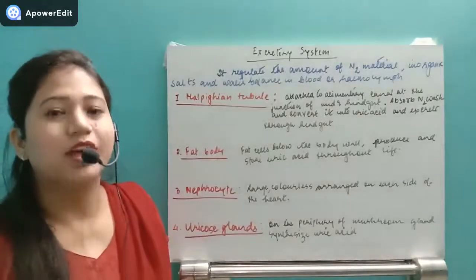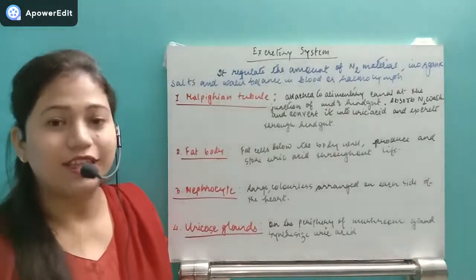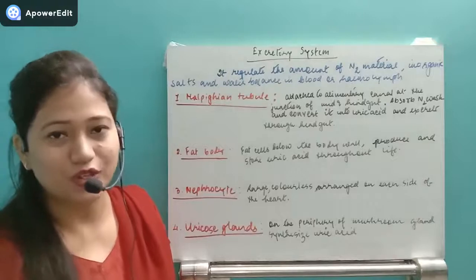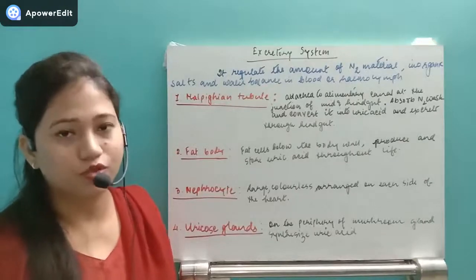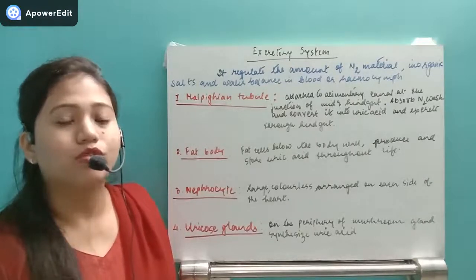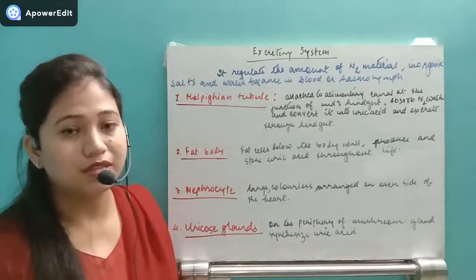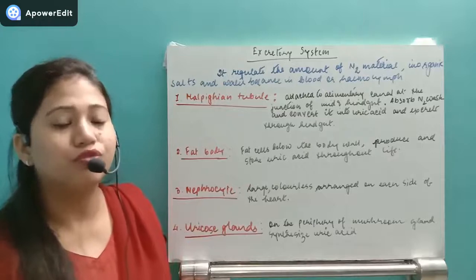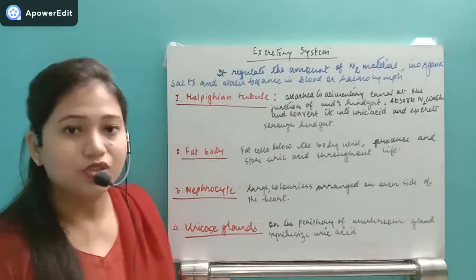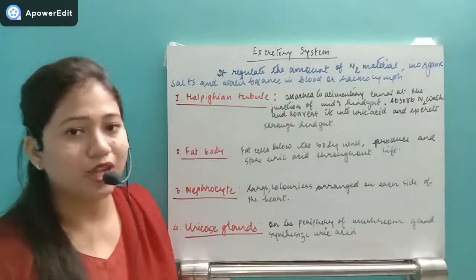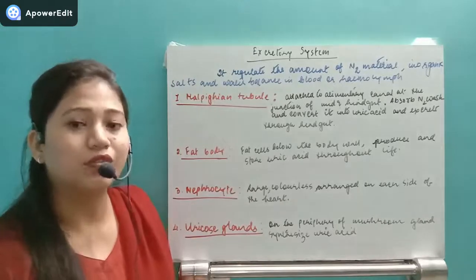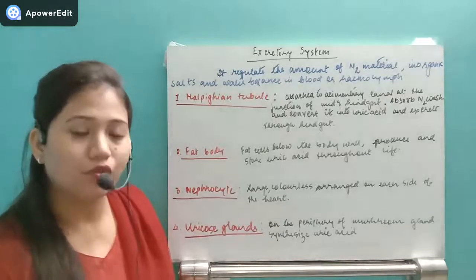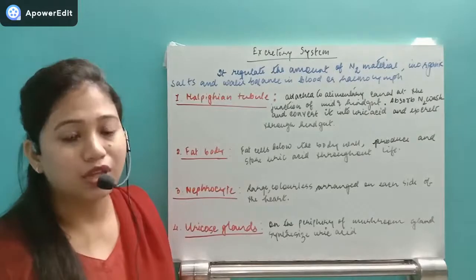Hello everyone. Today we are going to start with the next system, that is the excretory system of cockroach. In case of cockroach, the excretory system is basically a type of organ which removes the uric acid. This organism produces a nitrogenous base which is converted into a nitrogenous waste product, that is ammonia, that is